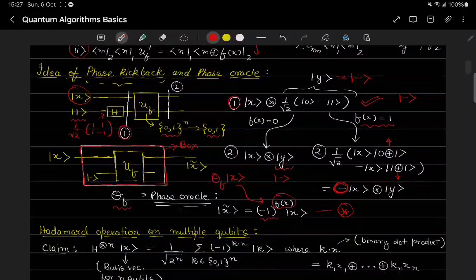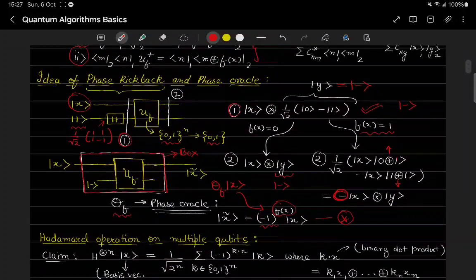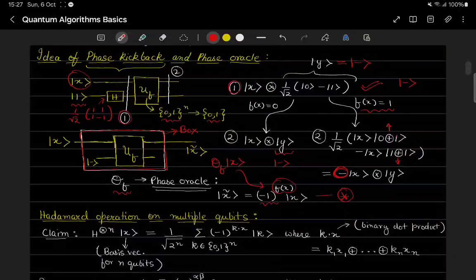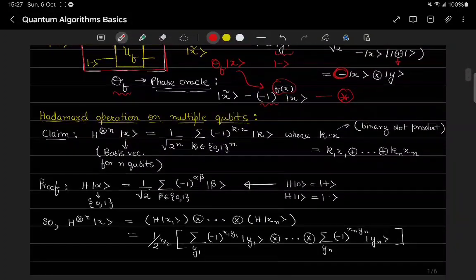So with this we move on. This is the idea of the phase kickback. This phase factor in the front is called the kickback of the phase. Now we talk about the action of the Hadamard gate on multiple qubits. Basically, if we have n qubits and we have n Hadamard gates acting on a basis vector for n qubits, then it can be written in this particular fashion. So 1 over root 2 power n, like the number of bit strings possible, and then there is a summation over all possible basis vectors,